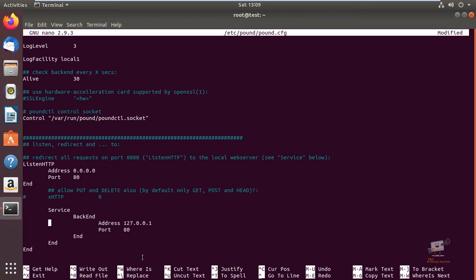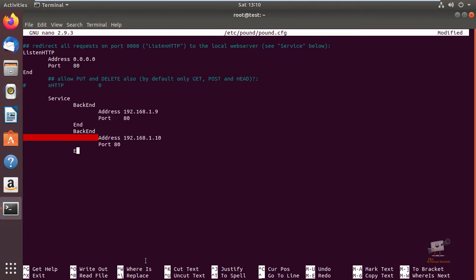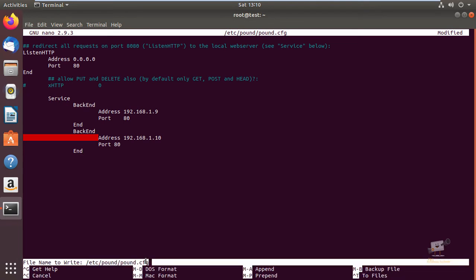Add Service, Backend, and provide the address of web server 1 and web server 2: 192.168.1.9. Next add another backend server, Address 192.168.1.10 and port 80. Now give End. Now save the file and exit.